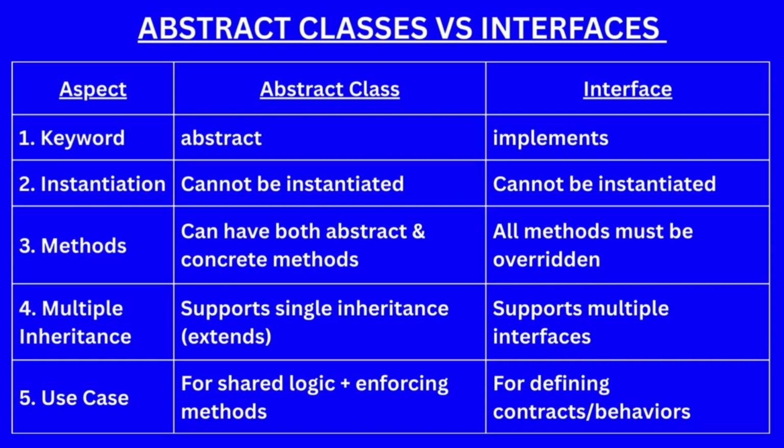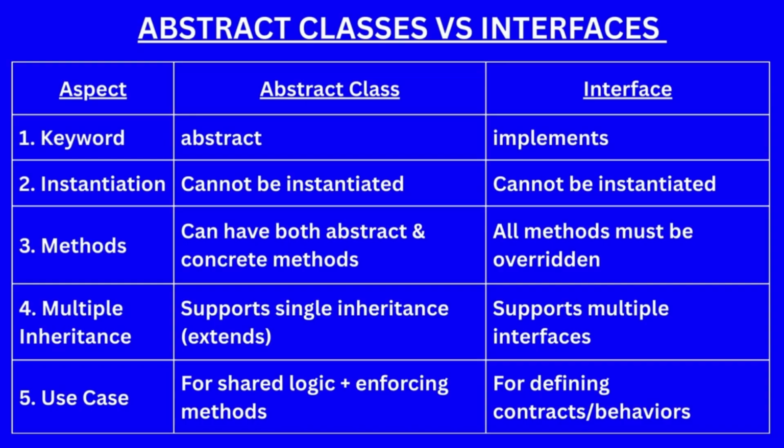Finally, the use case. Use abstract classes when you want to provide a common base with shared logic while ensuring certain methods are implemented in subclasses. Use interfaces when you want to define a structure or contract that multiple unrelated classes must follow without enforcing shared